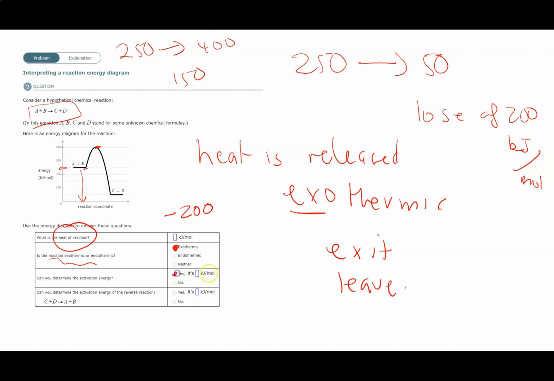So we're going to say yes, and it is 150 kilojoules per mole. Then it says, could you determine the activation energy of the reverse reaction? Well, that would be from there to there, wouldn't it? That would be from 50 all the way up to 400, which is a change of 350. So yes,